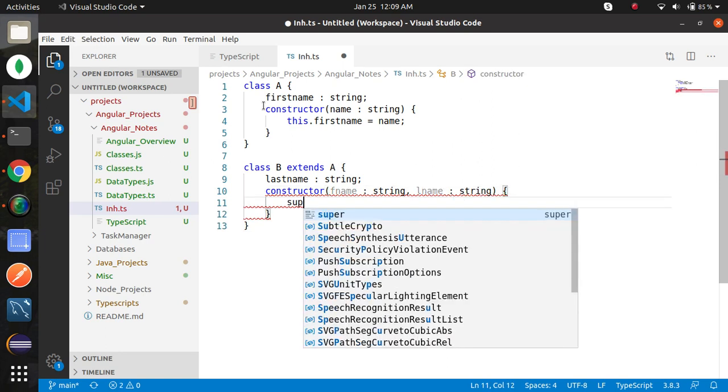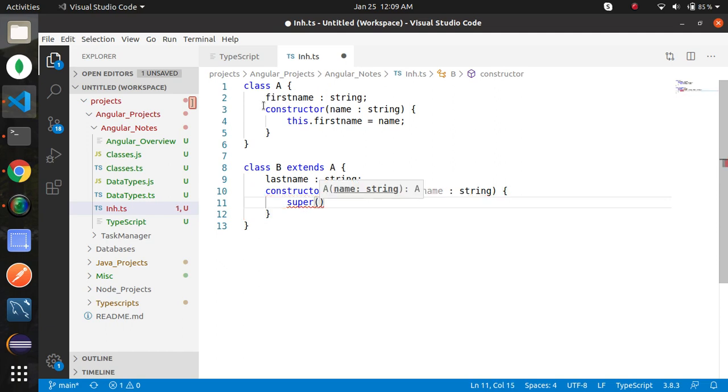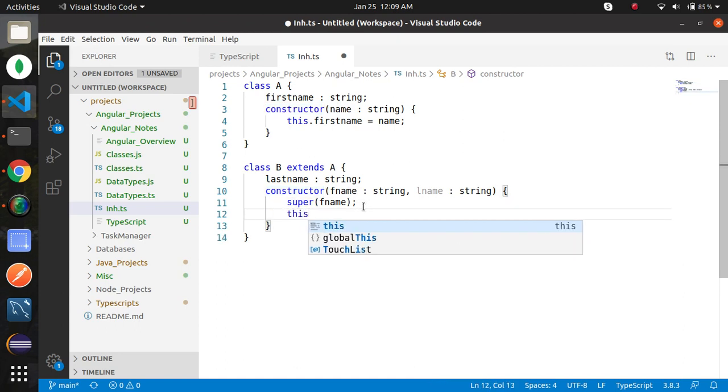Now call the super constructor. The super constructor is used to call the parent class constructor. So here when we use this, it will call the parent constructor, and thereafter assign the value of the child class, that is the last name equals to l name here.